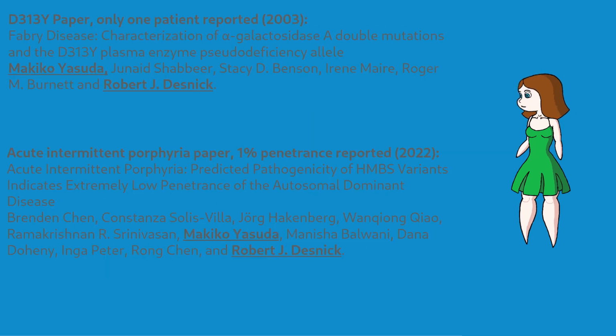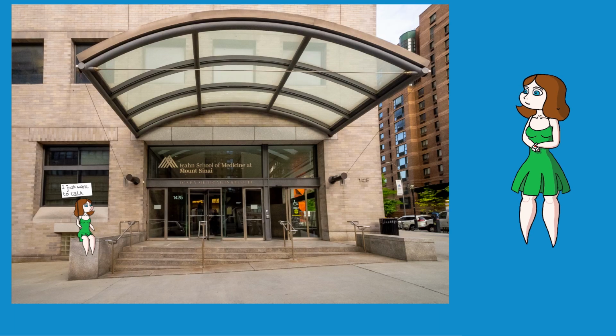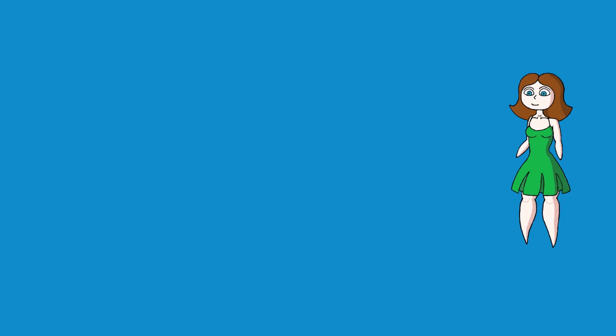Aren't some of the authors' names familiar? That means someone who participated in the 2003 research must know by now that one basic assumption was flawed. Any corrections? Not that we know of. The conclusion from the 2003 research was that the D313Y mutation does not cause Fabry disease in any and all of the affected people. Now, if someone draws such a far-reaching conclusion based on so little data, if that conclusion proves correct, it's genius. If that conclusion is incorrect, well, it's not genius.